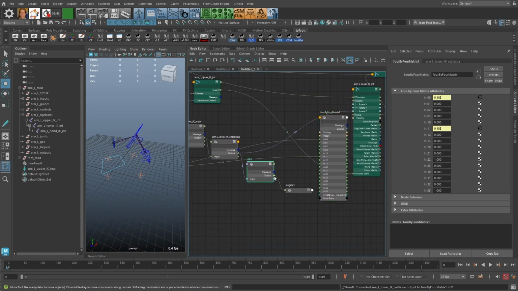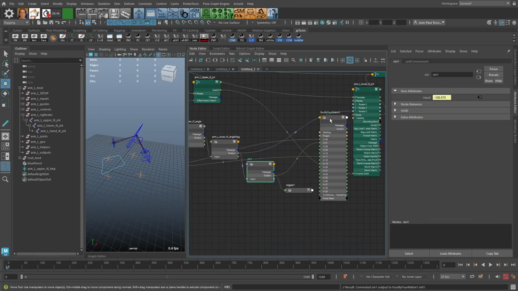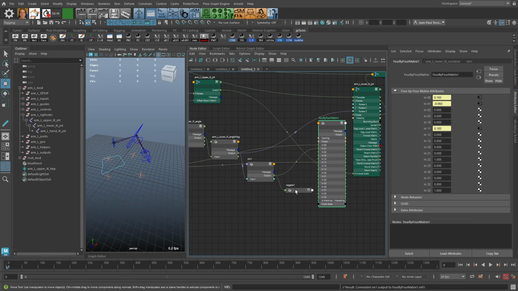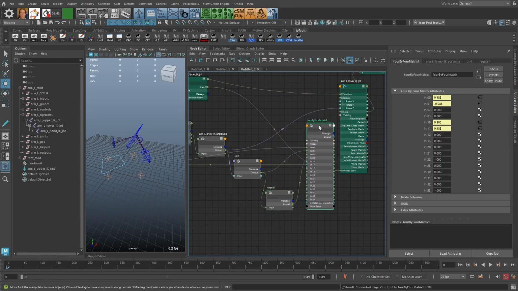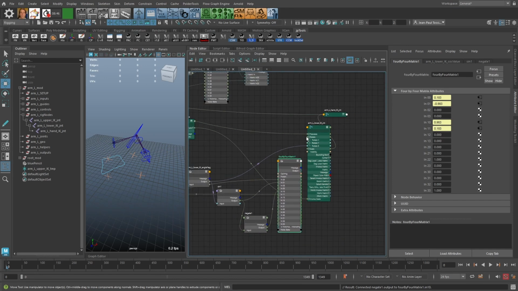We take the sine value, put it in the y component of the basis vector x, and then we take the negated sine value and plug it into the x value of basis vector y. So now we have the local rotation matrix,